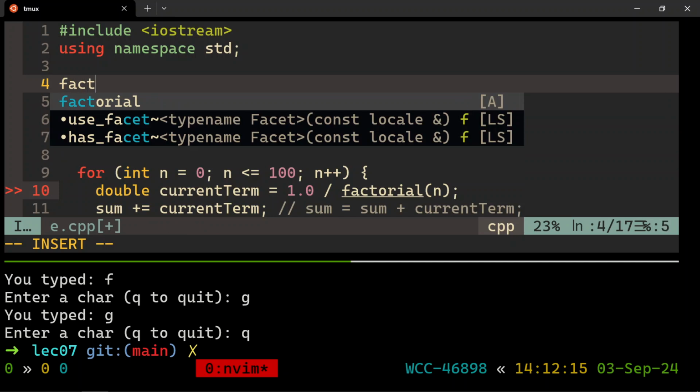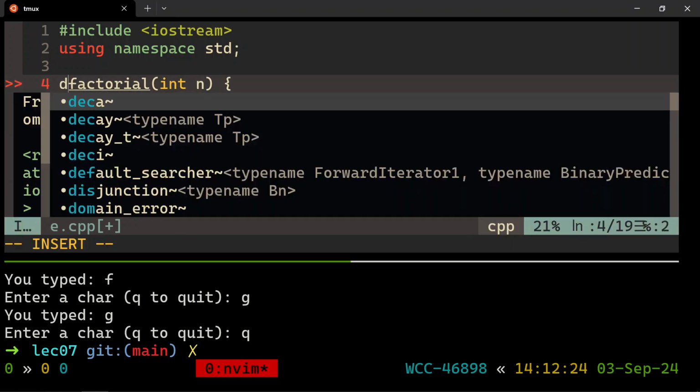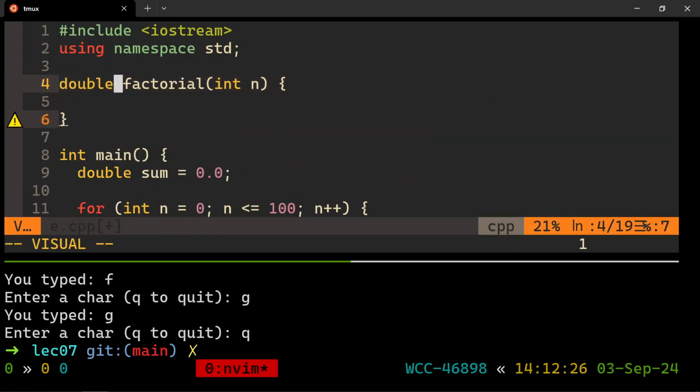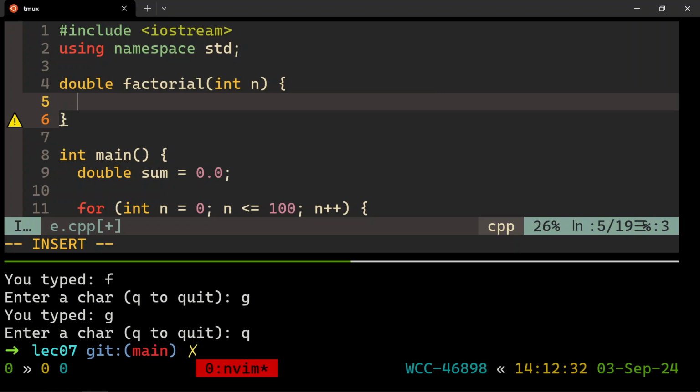Factorial is a function that asks for an integer. We want the factorial of 0, 1, 2, whole numbers, and it needs to return back a double to me, even though the answer for a factorial is always a whole number, because of space issues. Integers cannot fit 100 factorial in them, but doubles can, just with some lost precision.